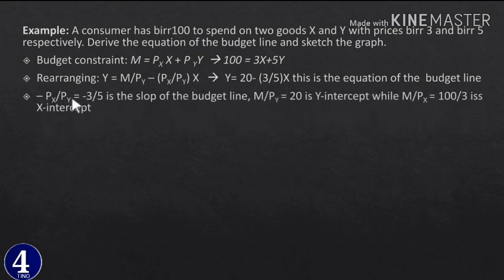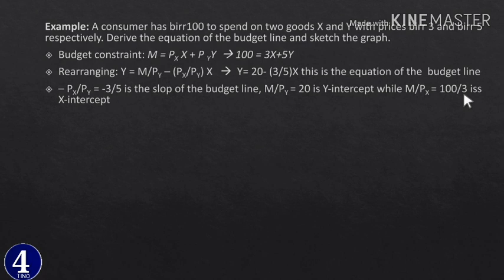ከዚህ ላይ እንደምንረዳው ስሎፑ minus px by py is minus 3 divided by 5 okay 3/5 ይሆናል ማለት ነው and the slope of the budget line ብለን እንወስደዋለን and the y intercept እንፈልጉ ስትባሉ m divided by py አይደለ m ስንት ነው 100 py ስንት ነው 5 100 ሲካፈል ለ5 is 20 what about the x intercept the x intercept ማለት income divided by px ነው ኢንካማችን 100 ነው px is given as 3 ስለዚህ 100 ሲካፈል ለ3 ይሆናል which is around 33.3 አካባቢ የሚሆን ቁጥር ይሆናል ማለት ነው